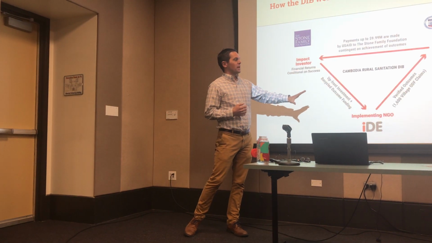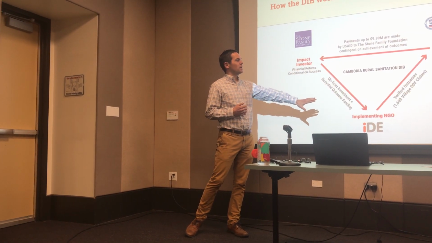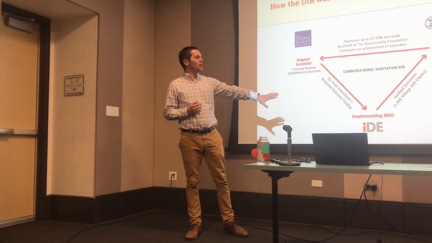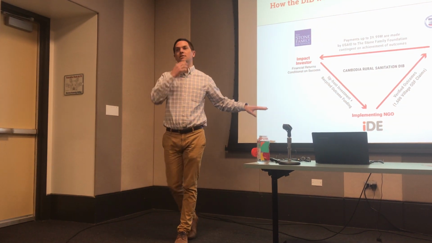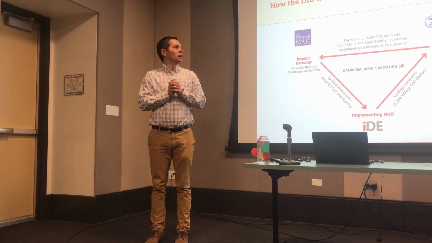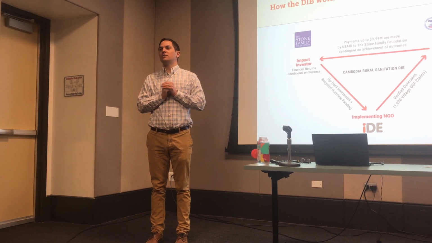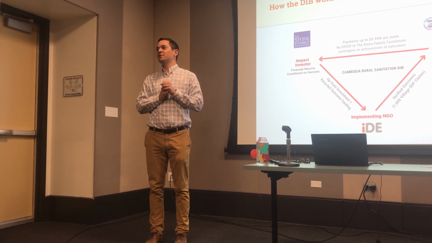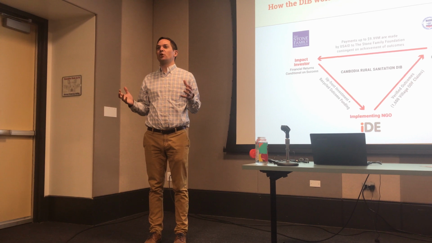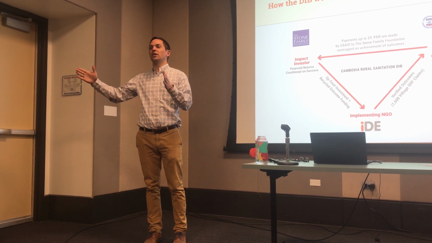We ended up settling this. I think this is the key point. We ended up settling on one outcome, and that was 1,600 villages submitting ODF claims. Of the 9 months, this was a pretty decent part of that time, figuring out what is the outcome that we're going to measure on. What is the right part of the outcomes chain to think about?